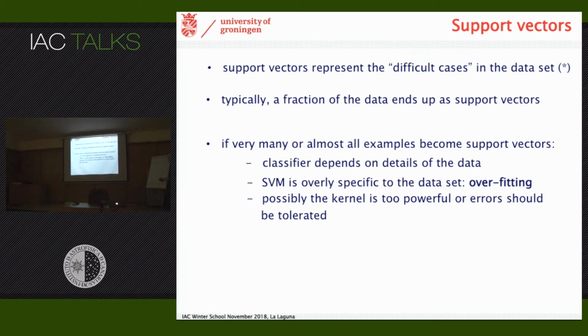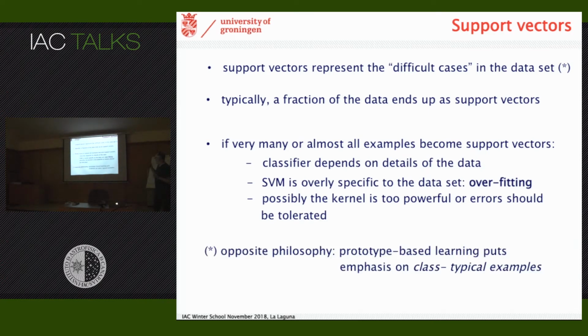So maybe you should go to a simpler kernel, or allow for errors. Allow errors to be tolerated in the system. That could give you much better generalization ability in such a case. So we have here a machine, the support vector machine, that already warns you about overfitting, or cases where you can expect overfitting, without having to do validation. You should still do validation, but it's the first indication that you get as a message from the support vector